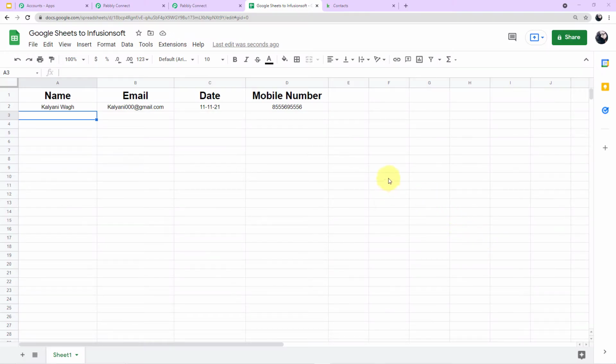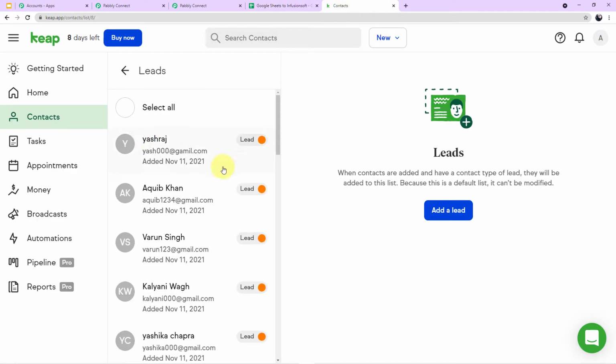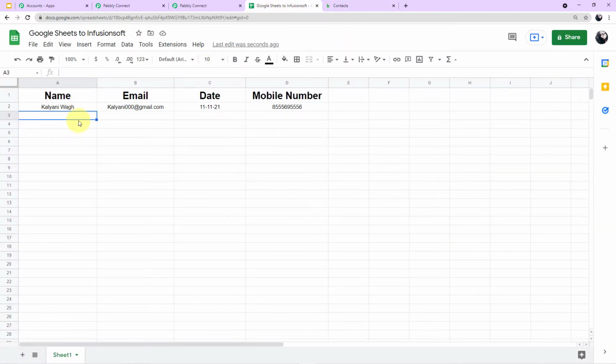Okay guys, so the idea here is we will add the information of the particular client here, and as soon as we add the information here, we want this data to be added automatically as a contact in Infusionsoft. So I'll add a contact.